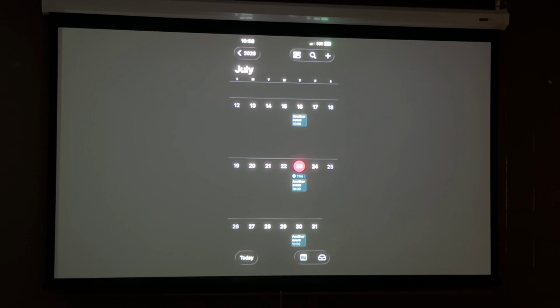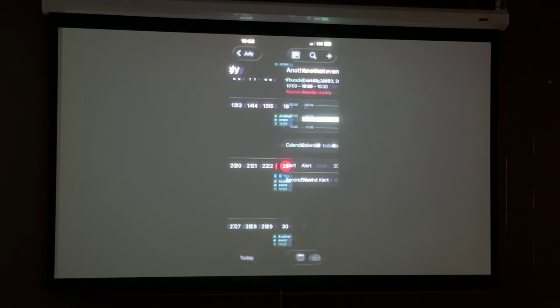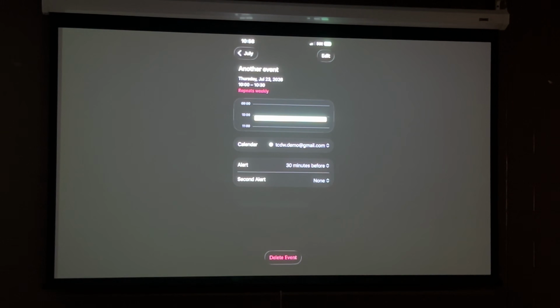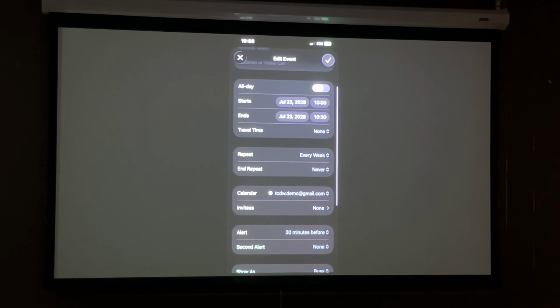Okay. I'm going to go on with that. I'm just going back to the same event so I can show you what it is. And then see on here where it says end repeat and never. Again, that's where you would put the same kind of information, but you would give it a date. And I'll show you what I mean. So if I tap on